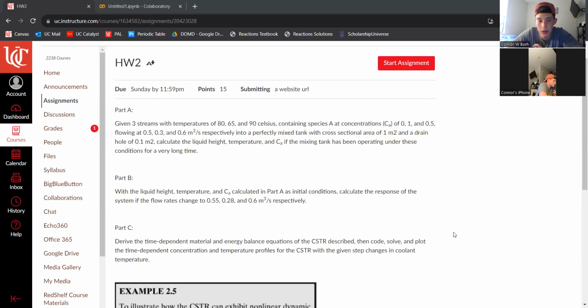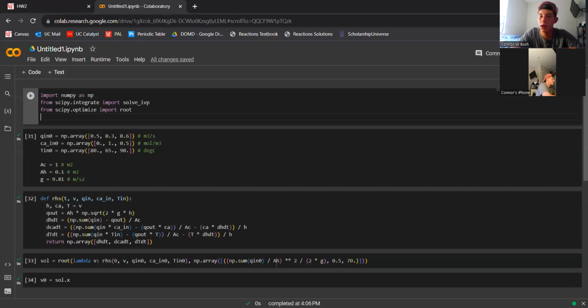This is part B. So I'll read part B and then get into it. So part B, with the liquid height, temperature, and concentration of A calculated in part A as initial conditions, calculate the response of the system if the flow rates change from 0.55, 0.28, and 0.6 cubic meters per second, respectively. So we're going to jump back into the code that I had earlier, and then ultimately we're going